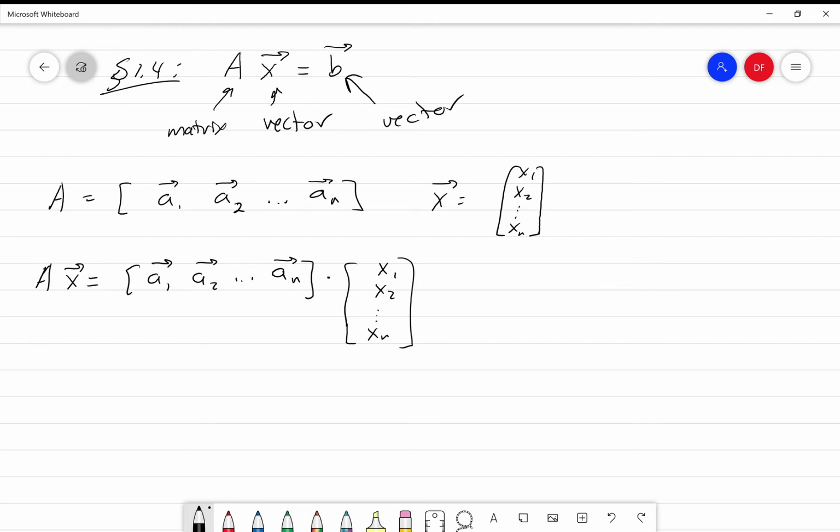Okay, which by definition is x1 A1 plus x2 A2 plus dot, dot, dot plus